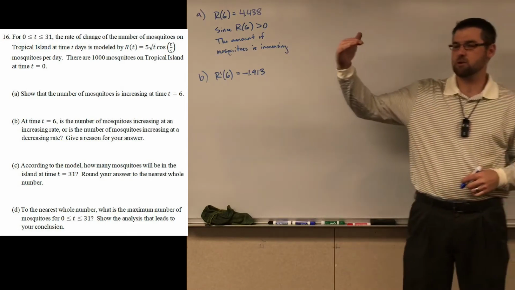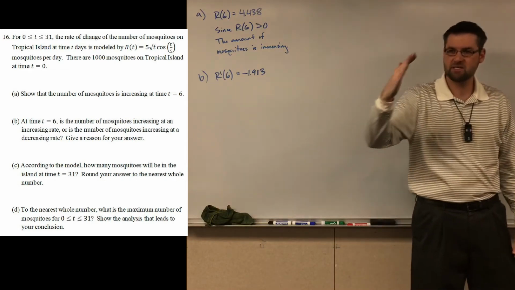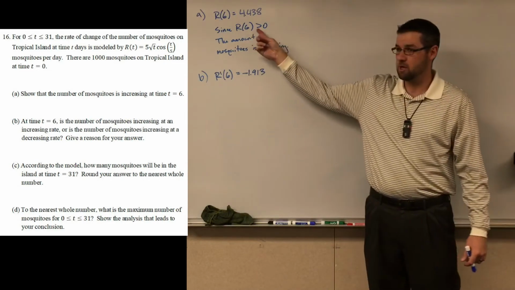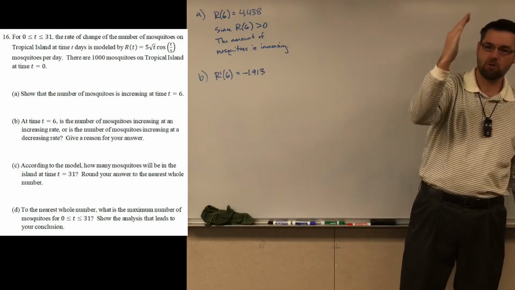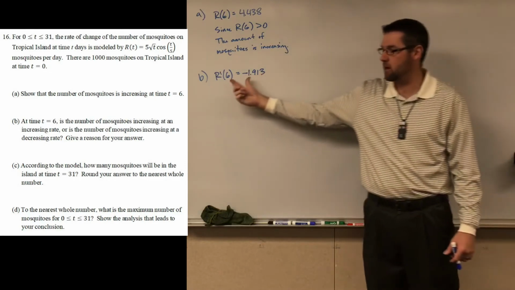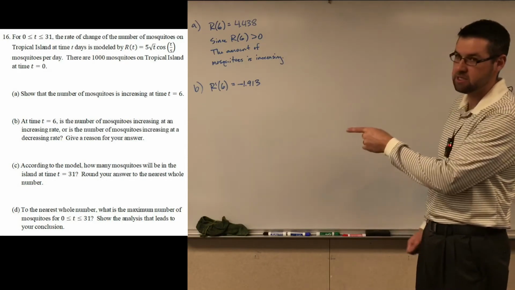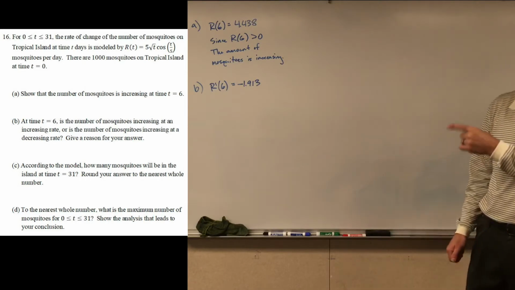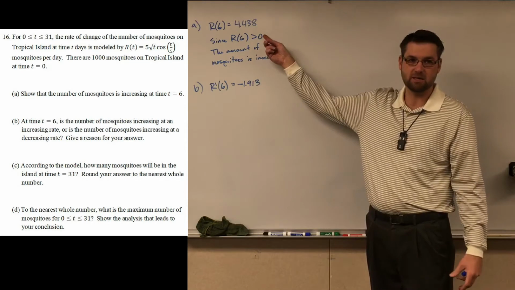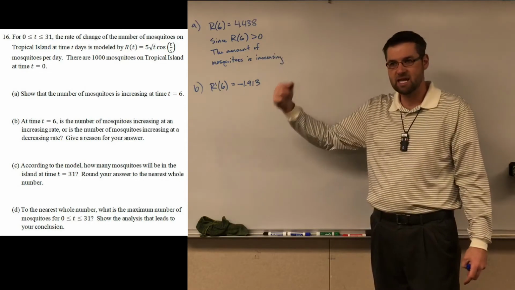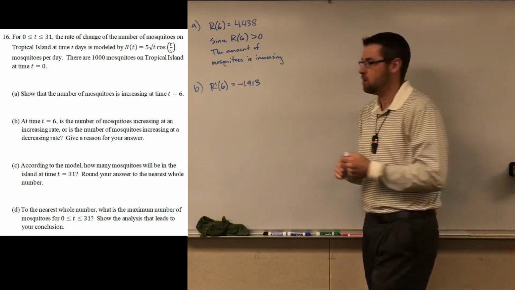So, in other words, if you look at the graph of the number of mosquitoes, we know that graph is increasing because R, the rate, is positive. But it's slowing down. The rate is slowing down because R prime is negative. It says at t equals 6, is the number of mosquitoes increasing at an increasing rate or at a decreasing rate? We already know it's increasing because the rate is positive. If I want to know if it's increasing at an increasing rate, I have to take the acceleration, which isn't really, but R prime. So we would say